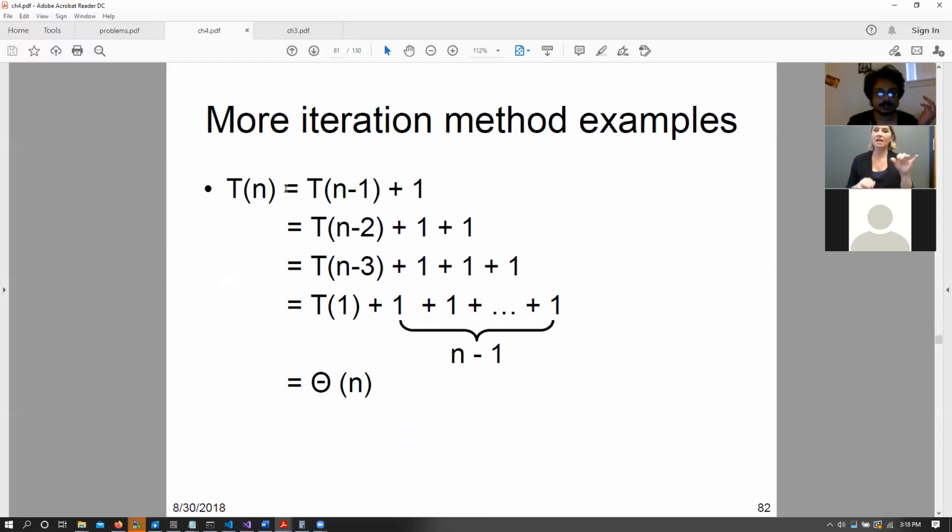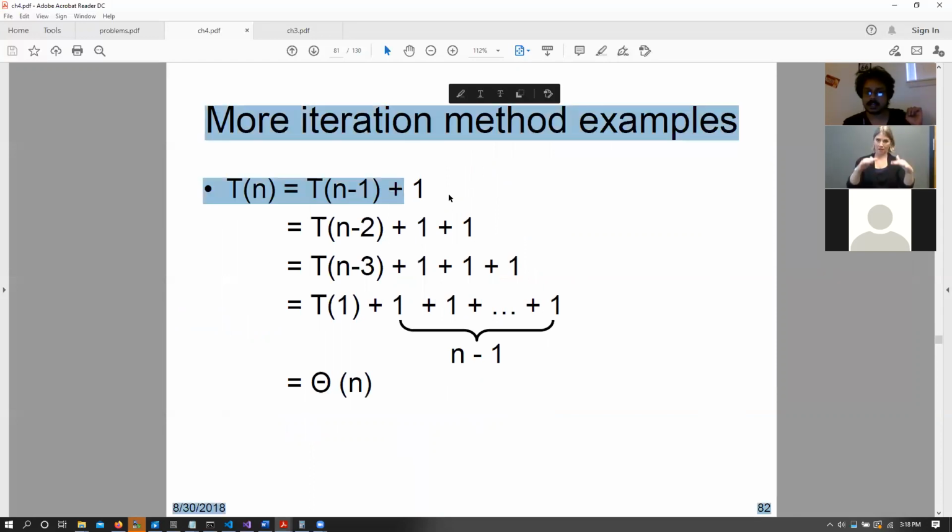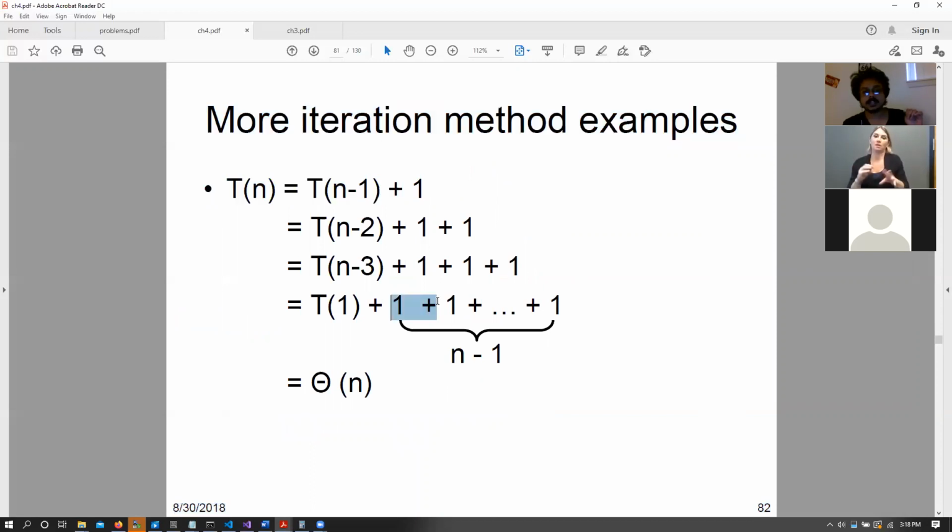Similarly, we also have T(n) equals T(n minus 1) plus 1. We can again iterate through this, T(n minus 1), T(n minus 2), and so on, each time adding a 1 to it. And that essentially means that